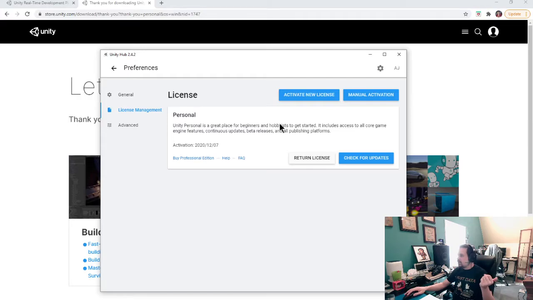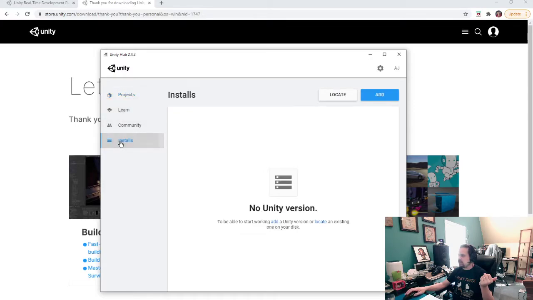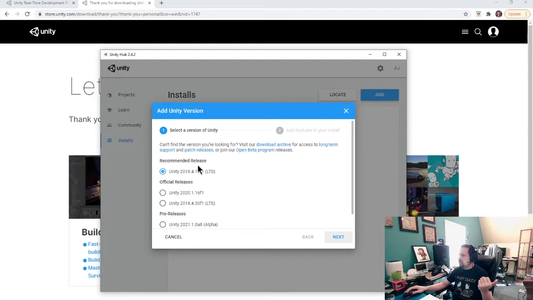Awesome. Okay, cool. Now if we click back here, it's going to bring us to this page where we have projects, learn, community, and installs. This is what we need to do. So right now, no Unity version is installed. We need to install a version of Unity. So as you might suspect, you click Add, and